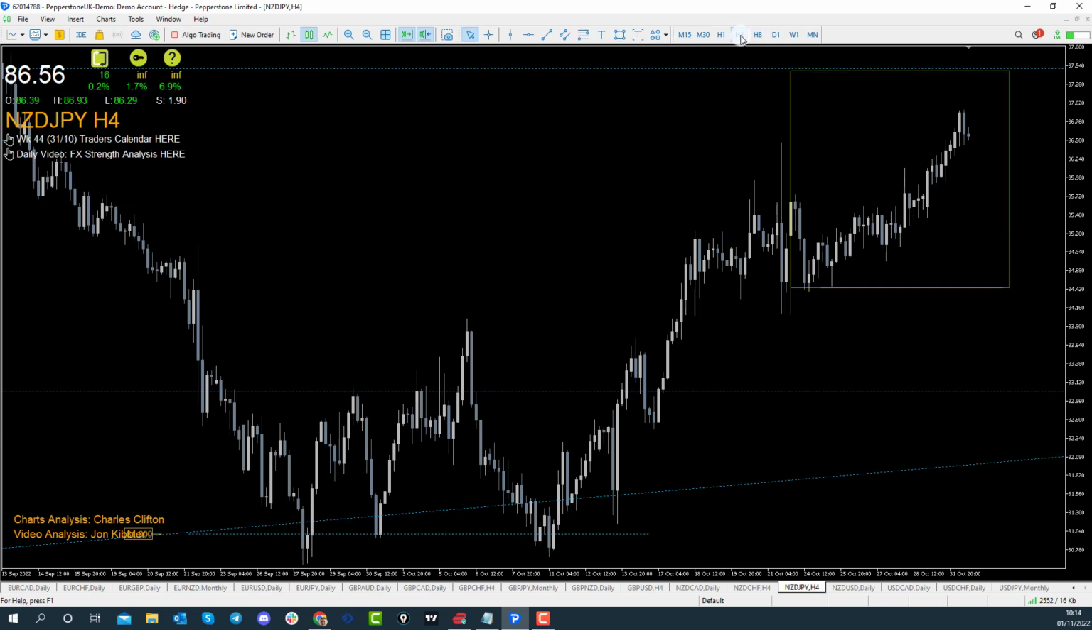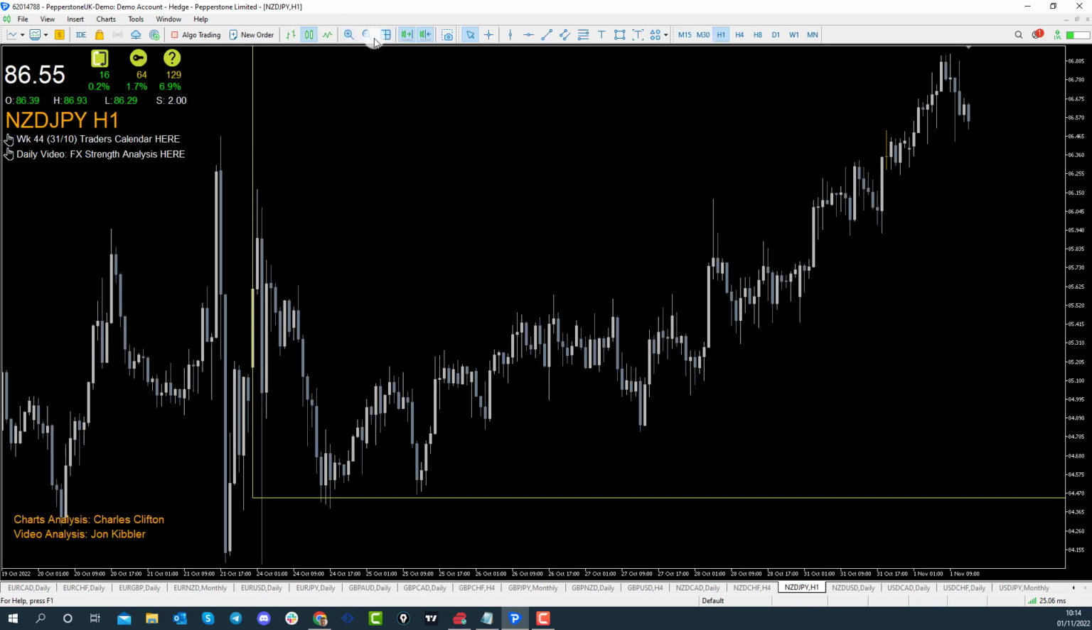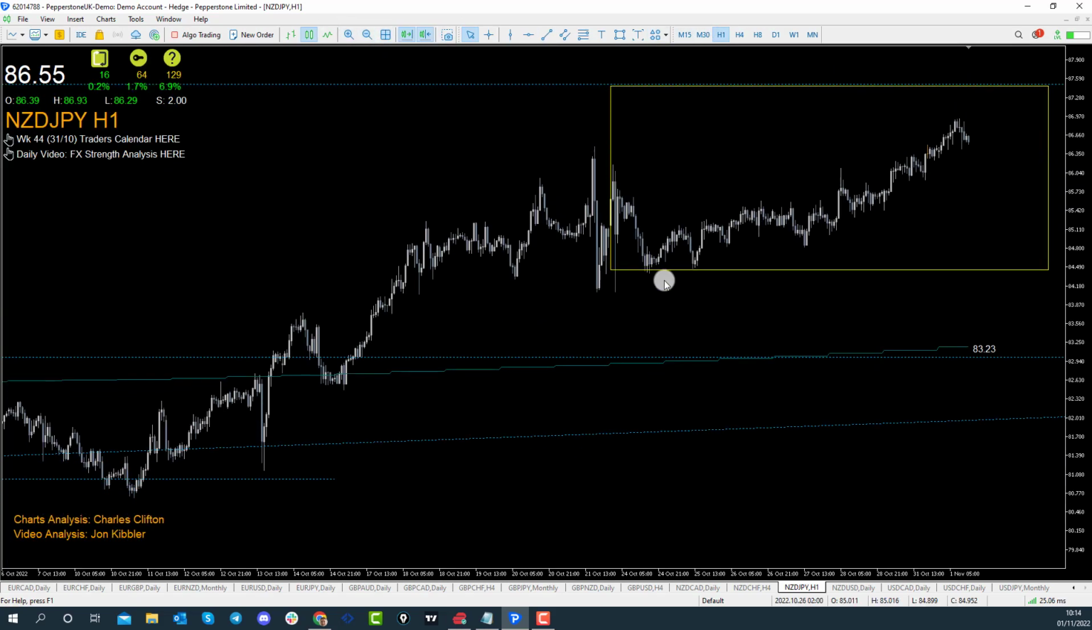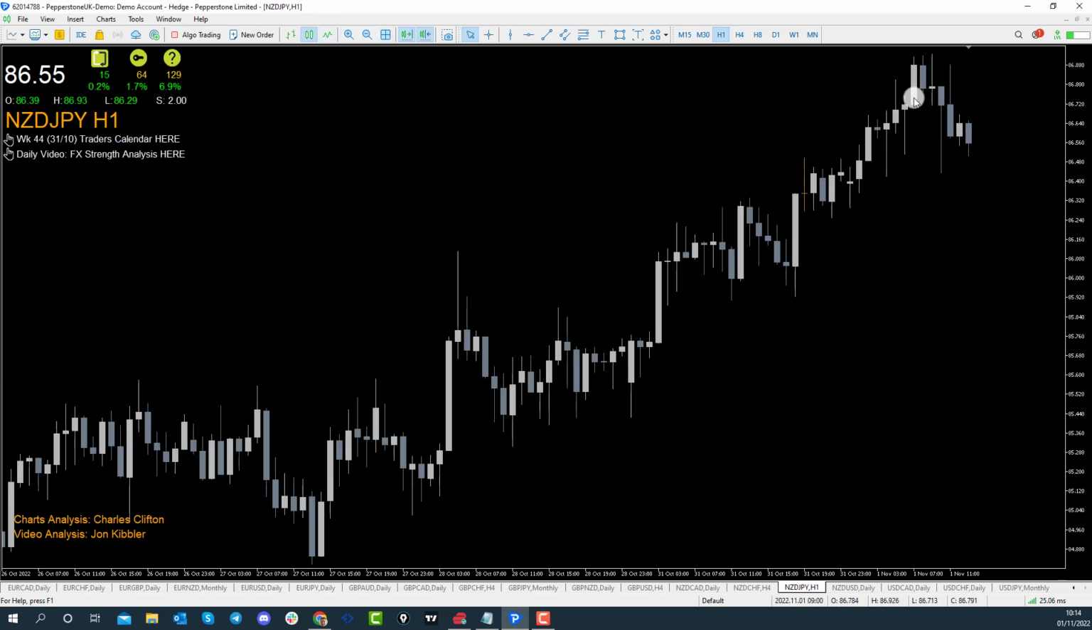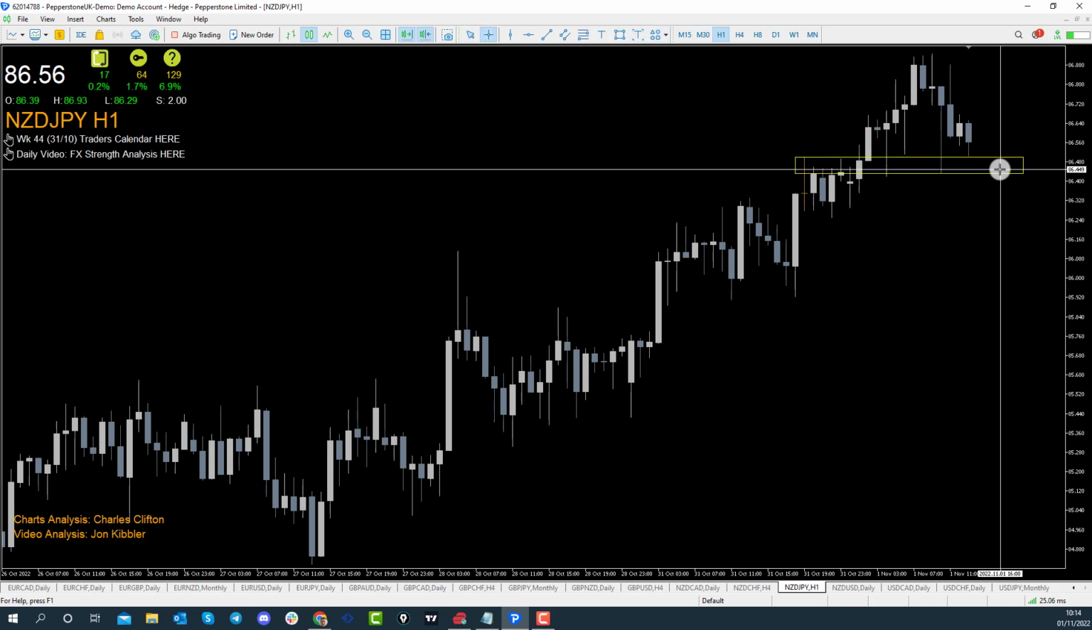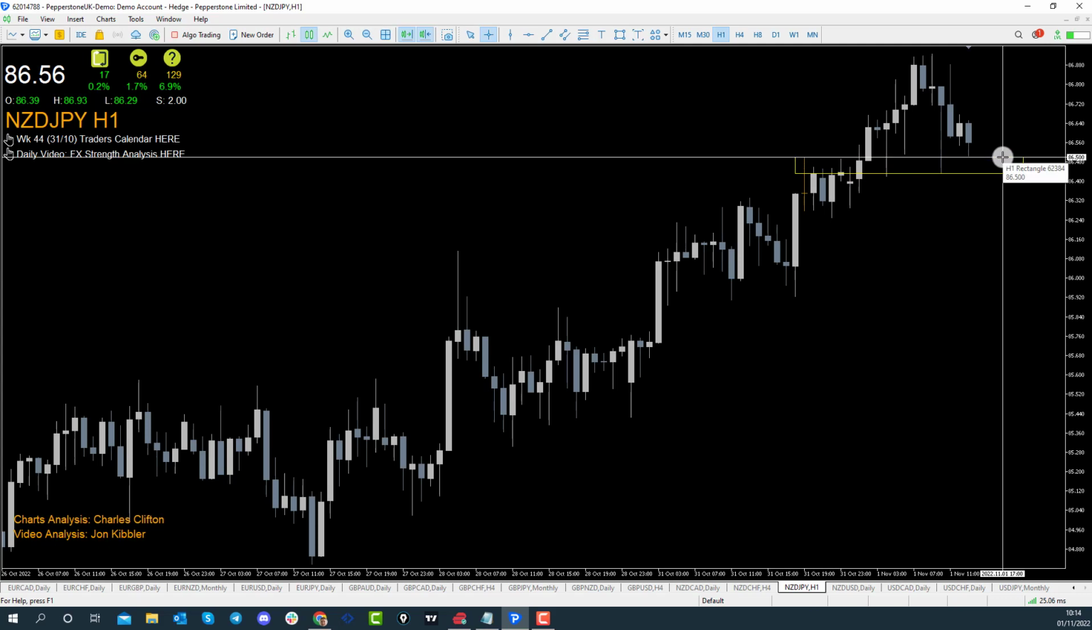If I was to go to a lower time frame, the 4-hour time frame for instance, or even lower, we could even try and look at the hourly time frame, because within that upward move or that impulsive move on the daily, we should see price making higher lows, which is exactly what we've got here on Kiwi Yen at the moment. We can also see, if I just zoom in and open this up a little bit, that price is currently trying to trade back towards these previous highs here, which is around about the 86.50 handle,